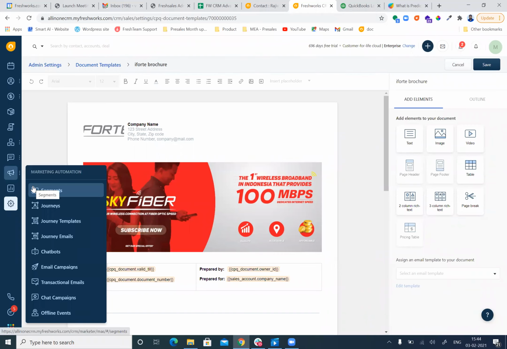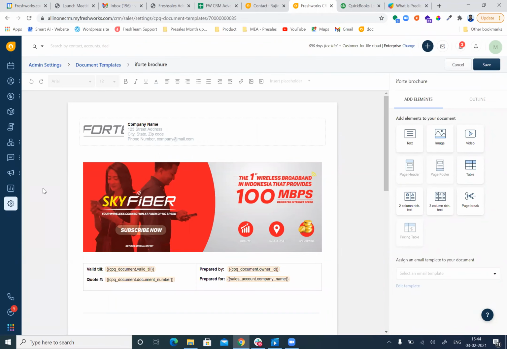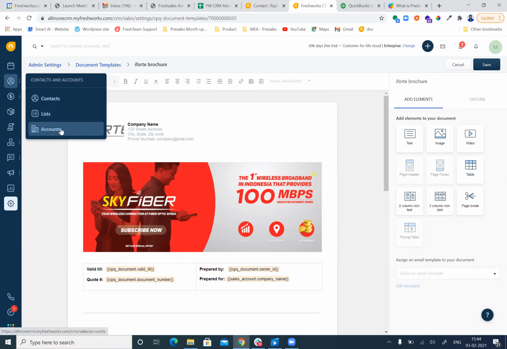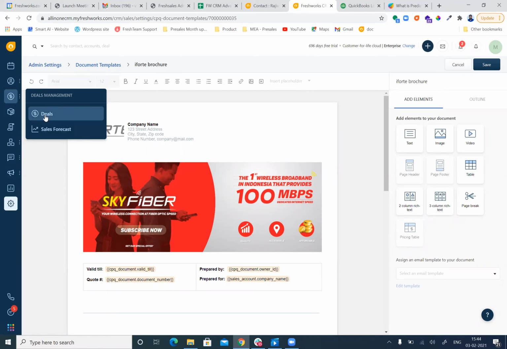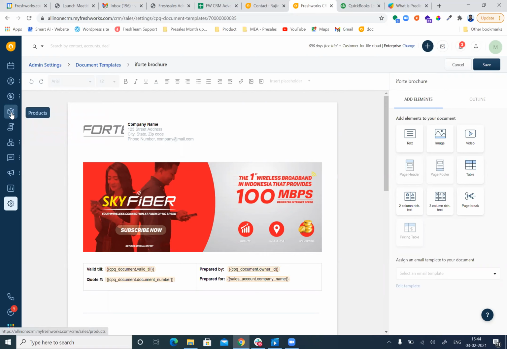These are the other two key modules left for tomorrow's session. Just to reiterate for today's session, we have covered the accounts module, followed by deals and sales forecast, the product catalog as a product repository, and the documents for creating a quote and proposal document from the CRM itself.